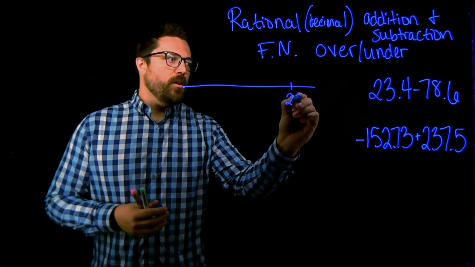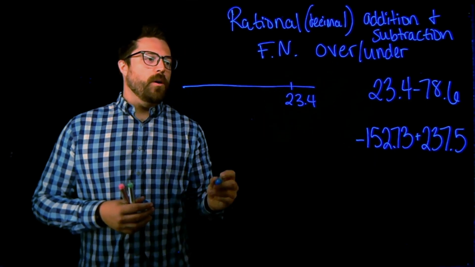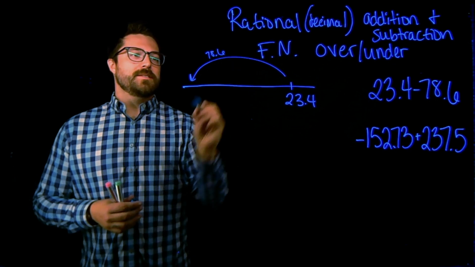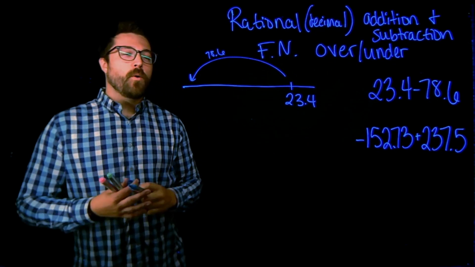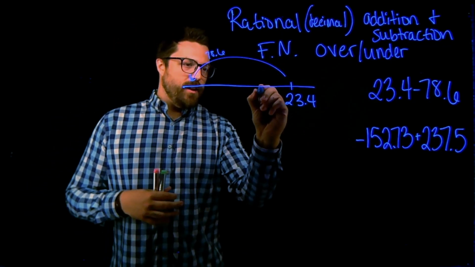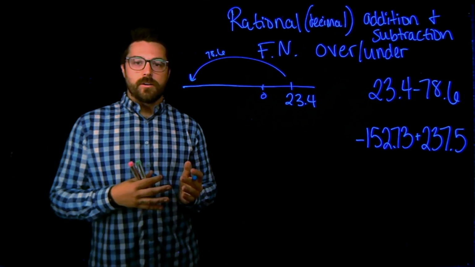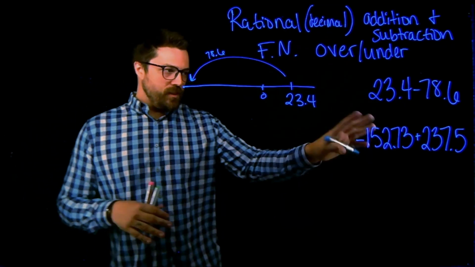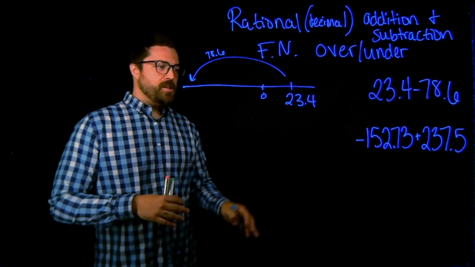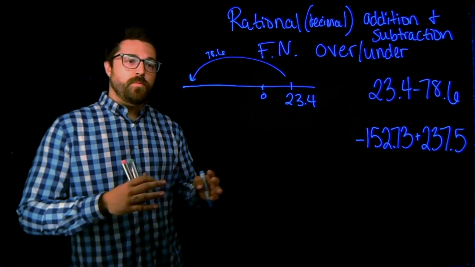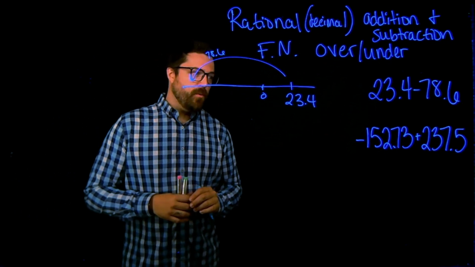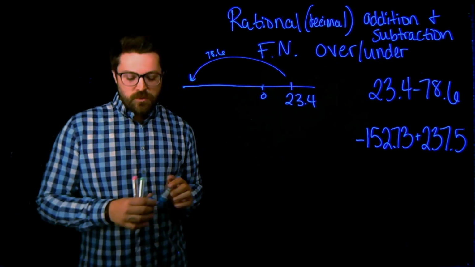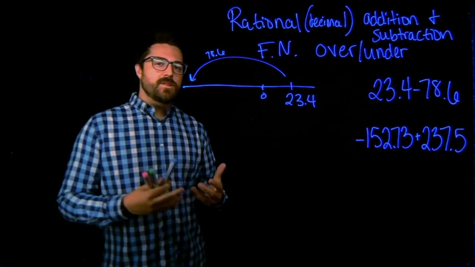So if I were to start at 23.4 and subtract 78.6, I'm subtracting more than I'm starting with, which means 0 is somewhere over here. So I'm moving to the other side of 0. The same thing happens in this second expression, negative 152.73 plus 237.5. We end up crossing 0 going the other way,